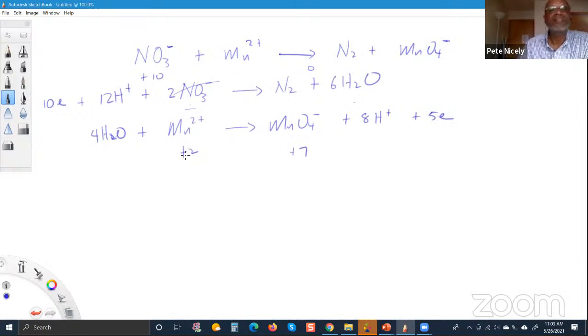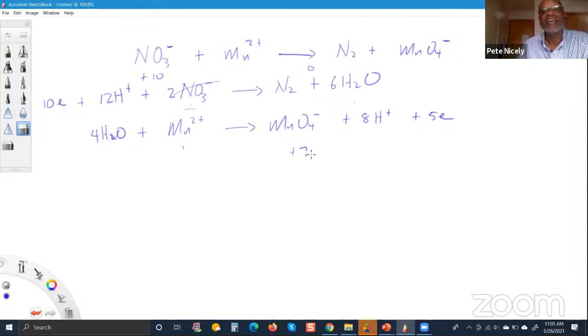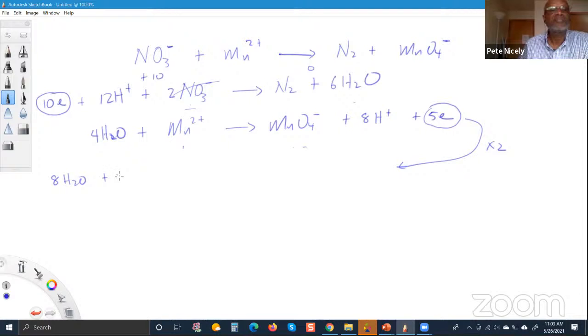Okay, so the next step is to ensure that the number of electrons lost and gained are the same. As we have it right now, we have 10 electrons here. We have 5 electrons here, which means that I would multiply this here by 2. So when you multiply everything by 2, you're going to end up with 8 water molecules plus 2 Mn2+ to give 2 MnO4- plus 16 hydrogen ions